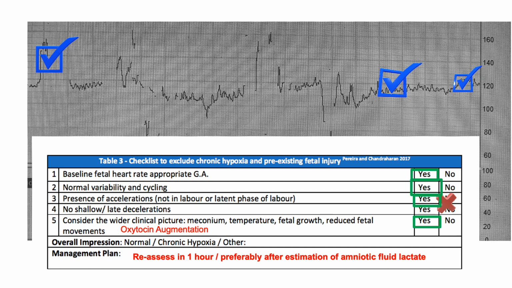In this case, the syntocinon or oxytocin is going to be started at 8 centimeters, where you have lots of oxytocin receptors in the uterine fundus. Therefore, we cannot wait for 2 or 4 hours for re-examination, because this myometrium is going to be extremely sensitive to oxytocin. Some hospitals have started using amniotic fluid lactate to determine that the uterus is not tired, because if